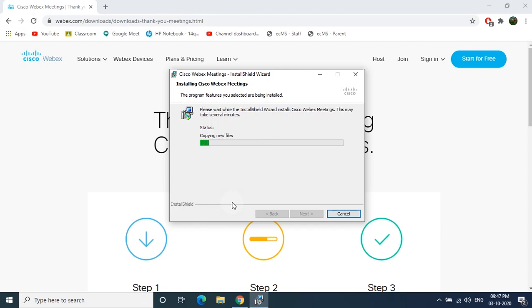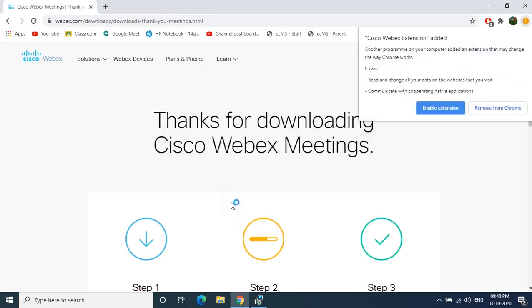It may take 2-3 minutes. This I have shown fast, but it will take 2-3 minutes to get installed onto your machine. Once it is done, it will ask you whether you want to enable the extension. So you have to click on enable extension.